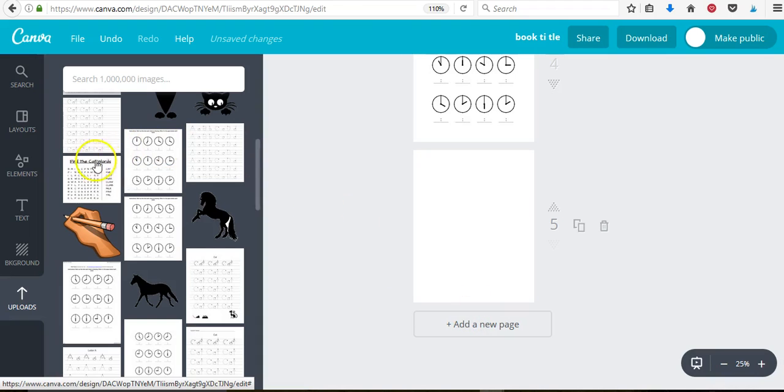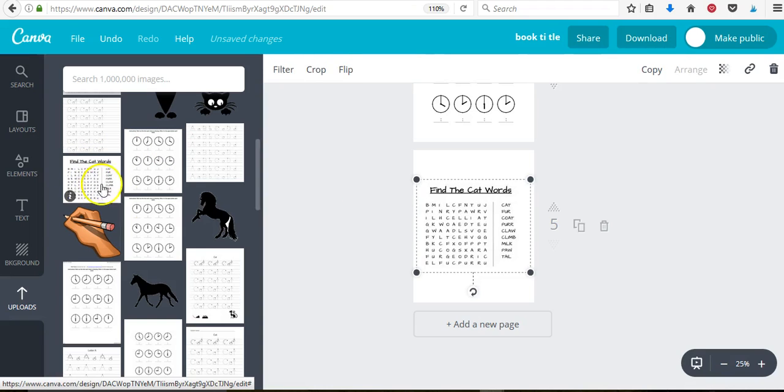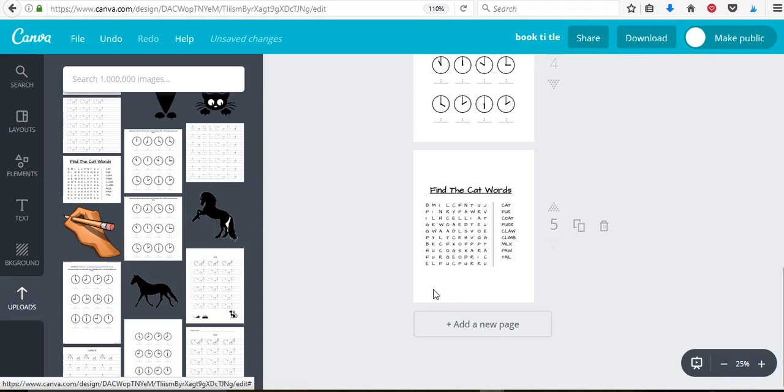So in this case, I'm just going to choose this word search here. So I just double click on it, and there's that word search on the page. So I'm just going to make it just a little bit smaller because I think there's a bit, no, maybe not, it might actually be okay. So as you can see there, we've created just a couple of pages there in a matter of seconds, just from uploading all the content. So then